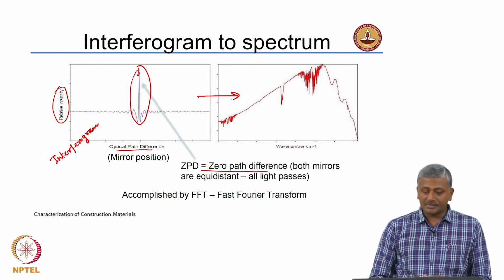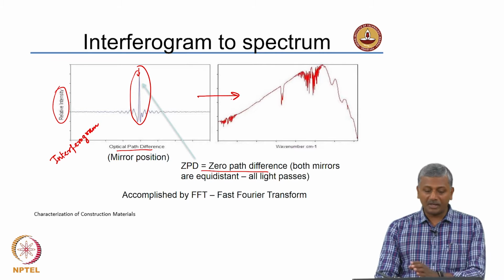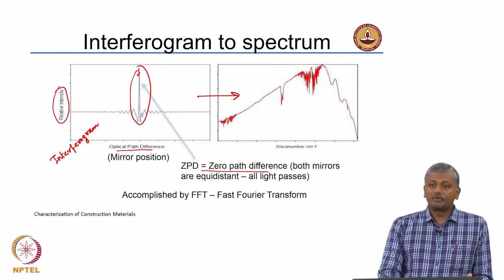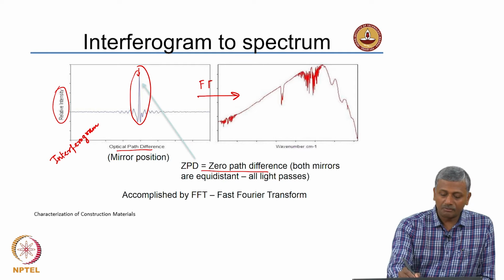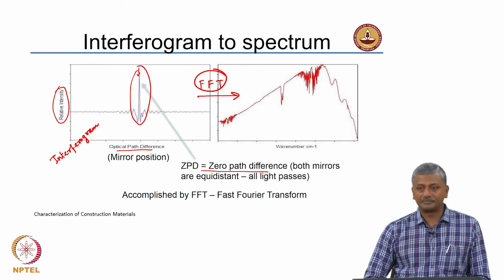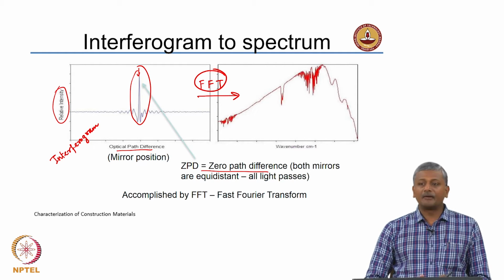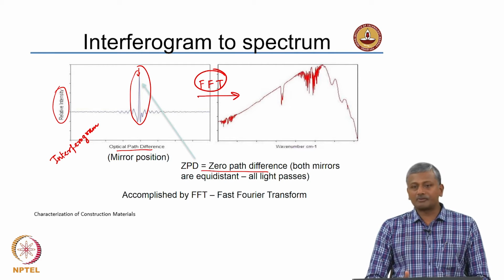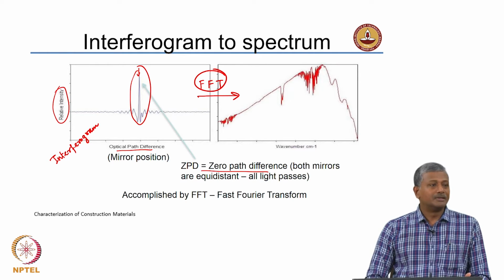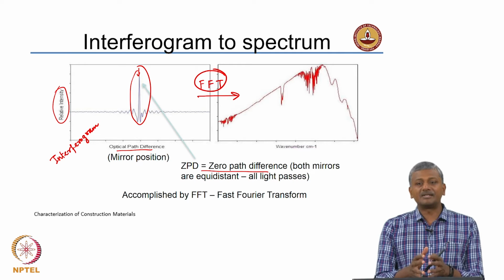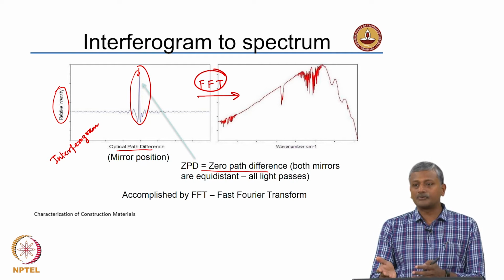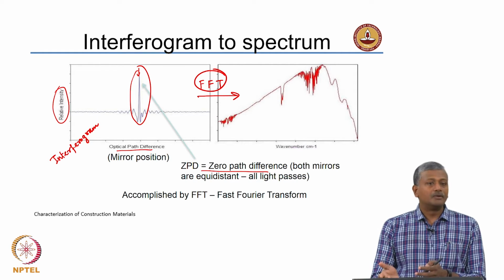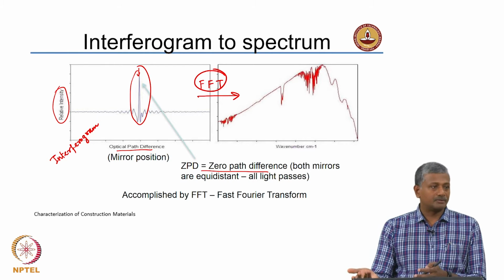This infrared spectrum is obtained from the interferogram by using the fast Fourier transform, FFT. That is why we call this Fourier transform infrared spectroscopy. Now, why is the Fourier transform done? What we do is we convert the signal into a mixture of signals at different frequencies. Here, of course, we know that frequency is represented by the wave number. Wave number is the inverse of wavelength lambda.